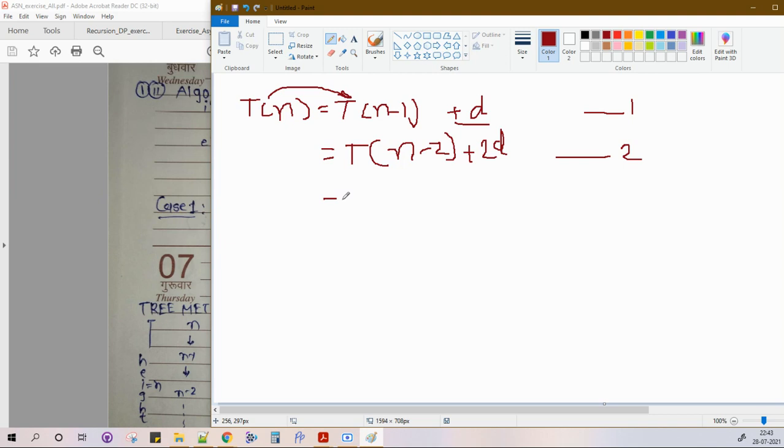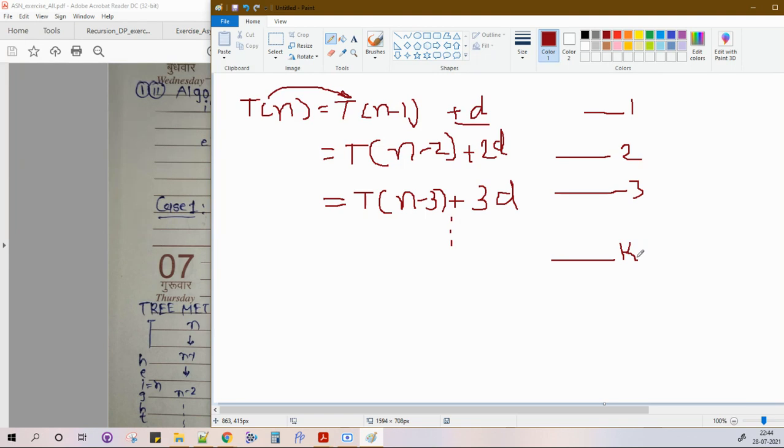What will happen now at the third step? This T(n-2) will call n-3, right? It will again take some time to make the if condition, run the if condition in b(n). So T(n-3) plus d plus 2d is nothing but 3d. So this is the third call, right? Now after taking two or three calls, and it is always better to have three calls, then you can generalize it well. Now let's say I am making total k calls, right?